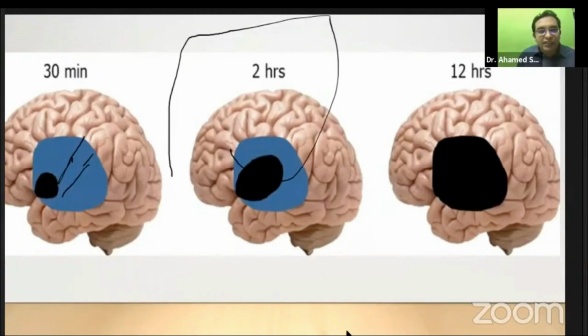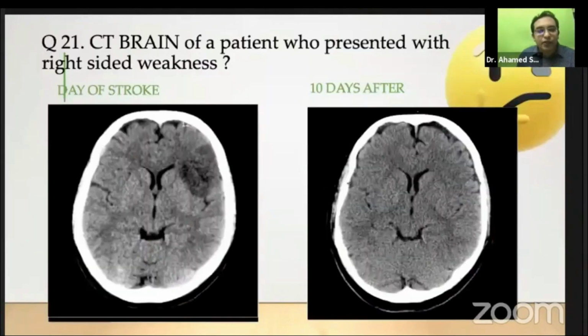So based on this study of penumbra and collateral circulation, we have come up with the fact that the usual previous window period was 3 hours initially. We extended it to 4.5 for thrombolysis, and for thrombectomy it was 6 hours, extended to 8. Then now with the DEFUSE 3 it is 6 to 16 hours. And now with the latest DAWN trial, it is increased to about 24 hours.